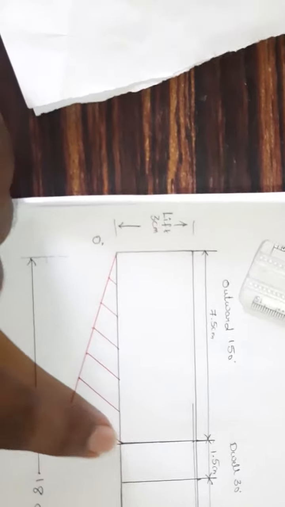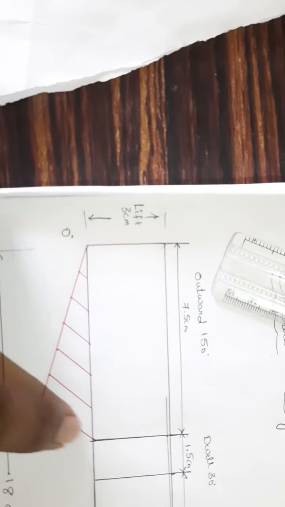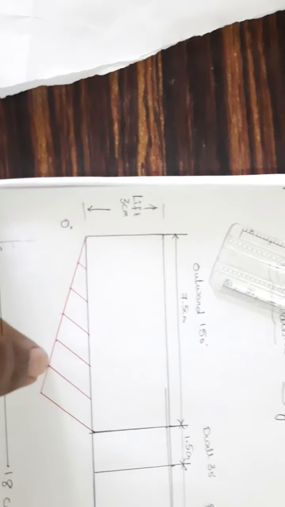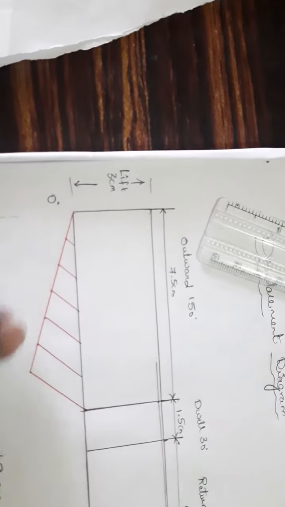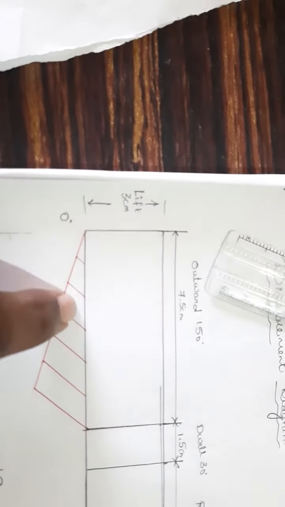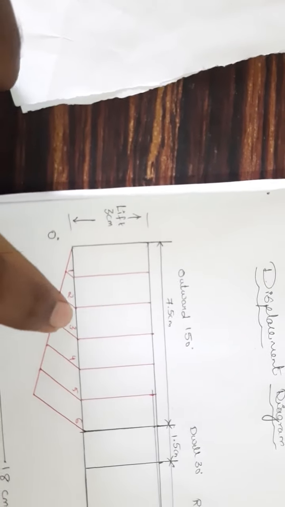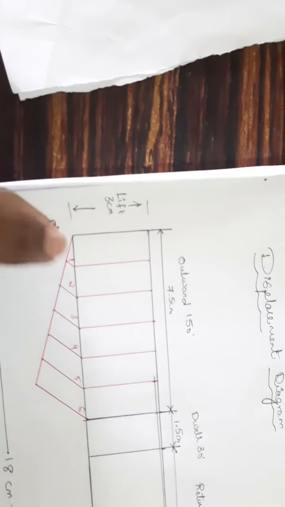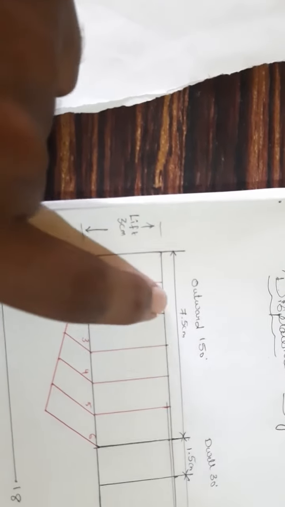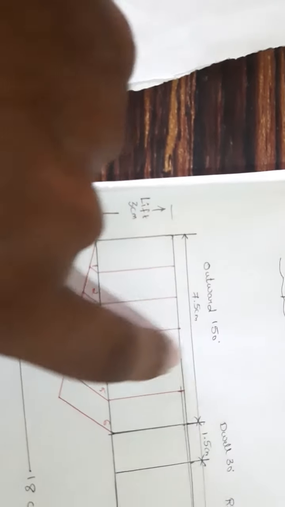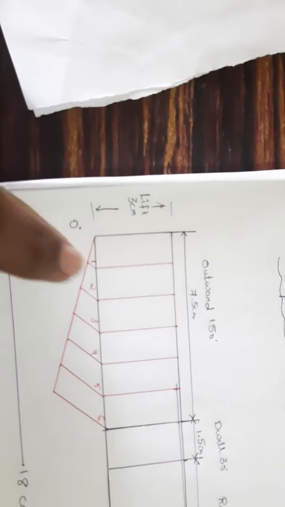So after drawing the final line, from each of these points, draw a line parallel to this line. Here, and here. So we have divided into 6 equal number of parts. So mark the points 1, 2, 3, 4, 5 and 6. Now from these lines, draw verticals. So draw exactly verticals from each of these points.